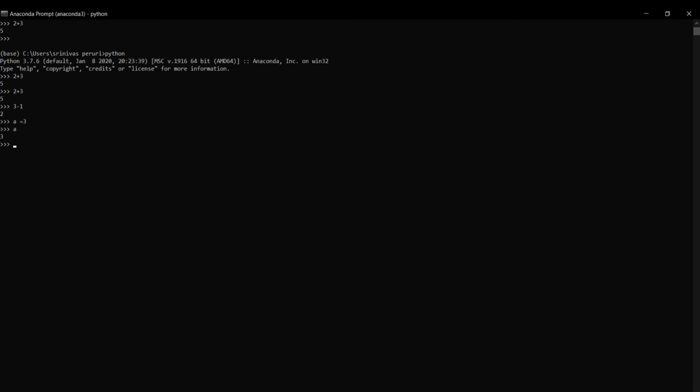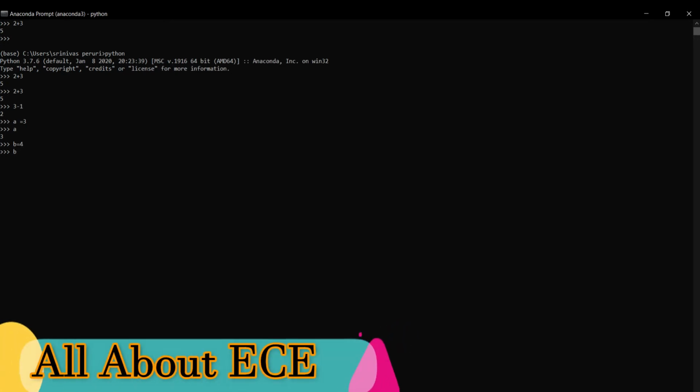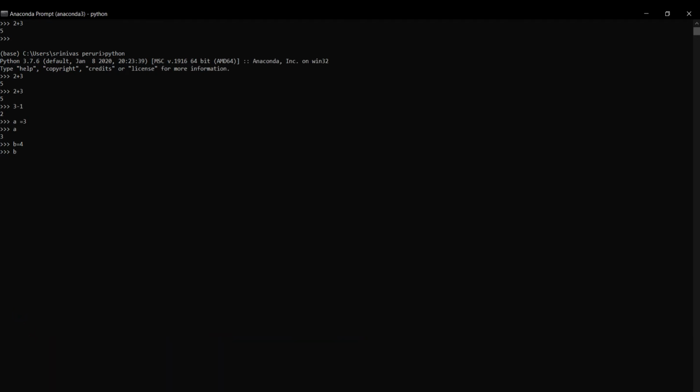Similarly, I am specifying b equals 4. If I want to know the value of b, I specify b, and it prints 4. Correct, right? In a similar manner, if I want to add these two numbers, then a plus b.